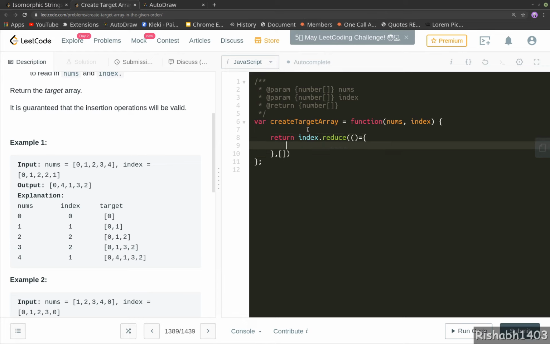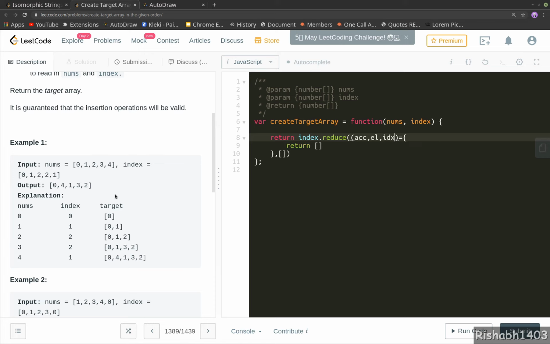Now we will break our array into two parts and insert the number inside. So first we will declare the parameters for reduce. First is our accumulator, which is the empty array. Next is our actual element of the index array, and third is the index.